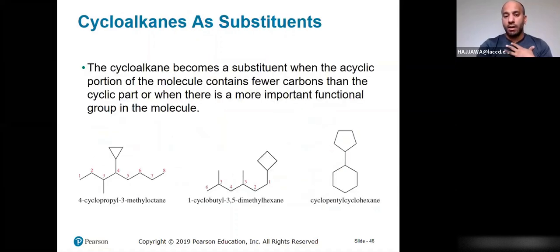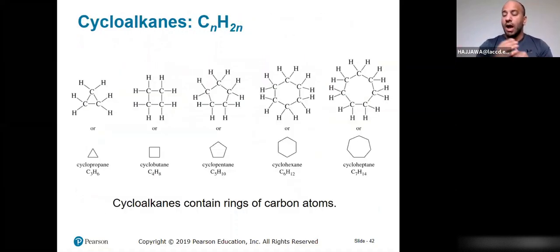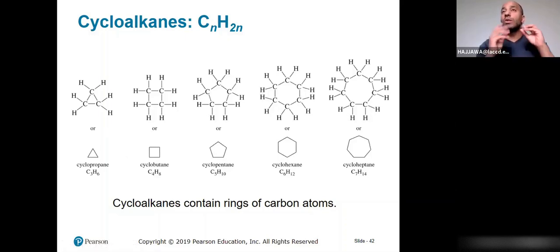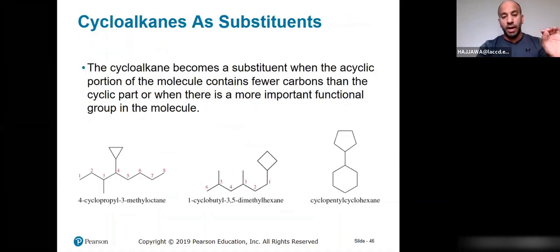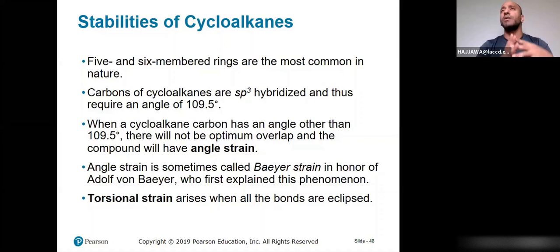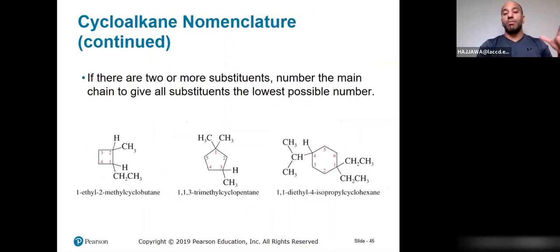So when I rank those cyclic alkanes, I will always say cyclopropane is the most strained. What is that supposed to mean? That means the structure is deviated farthest away from having an ideal bond angle. And not just that, there's another term called torsional strain. Torsional strain has to do with bonds being eclipsed. And we just learned in the alkane section that the eclipsed conformation will always be less stable, more energetic than a staggered conformation. So we can see clearly here, the smaller the ring,